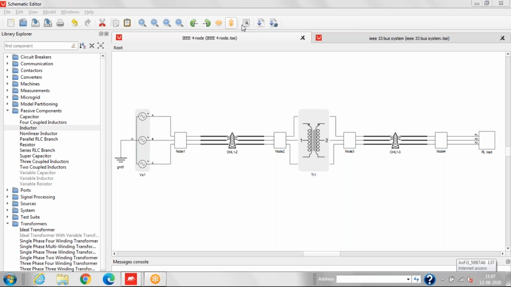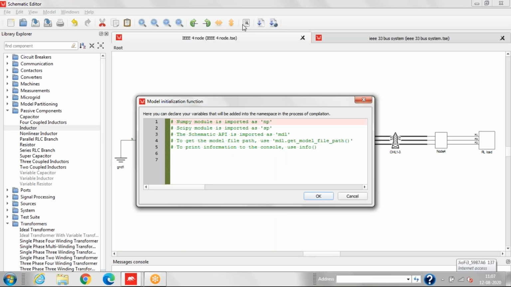Now we'll go to the model initialization, where we'll define all the values.